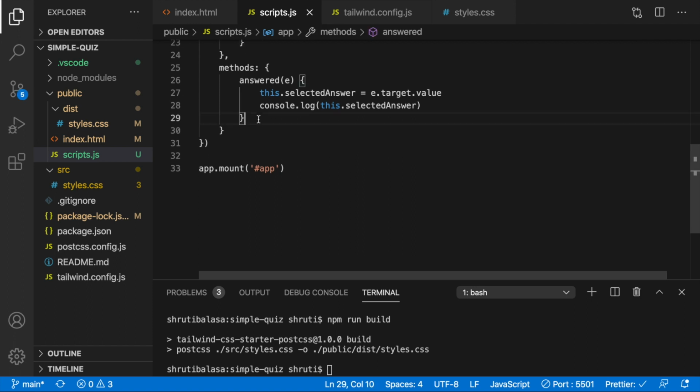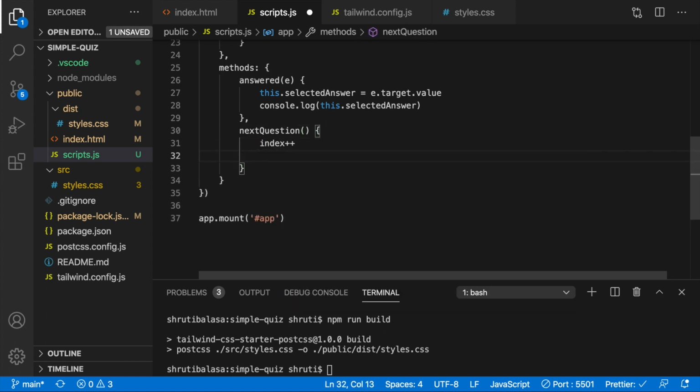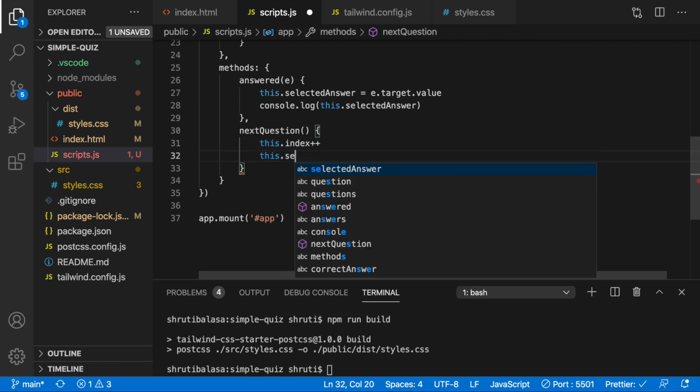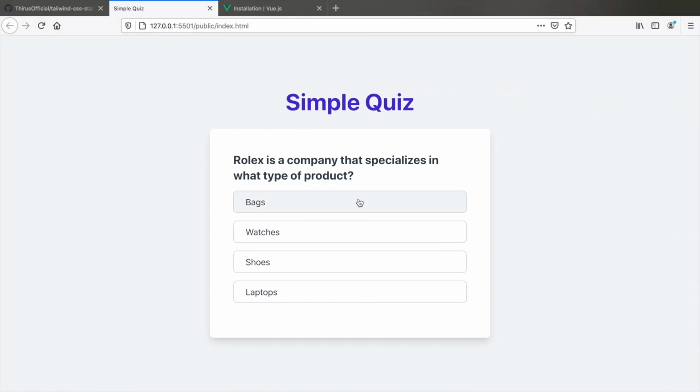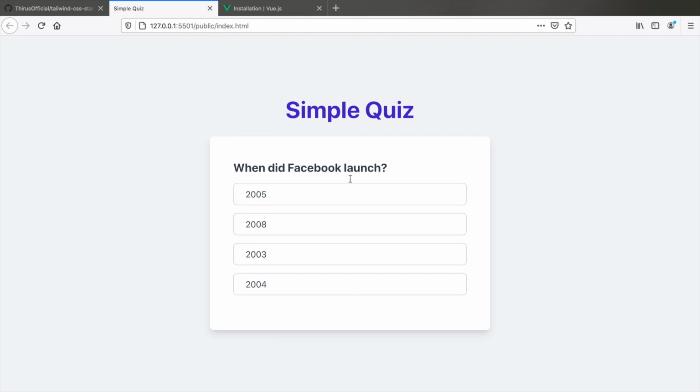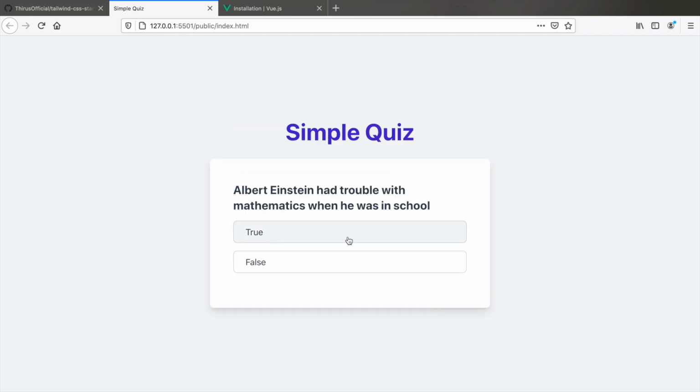And here, next question, we not only do index plus plus, we also say, alright, of course, this dot index plus plus and this dot selected answer equals blank again. So now when you go to the next question, nothing is selected, and only when you select it, you can move on to the next question